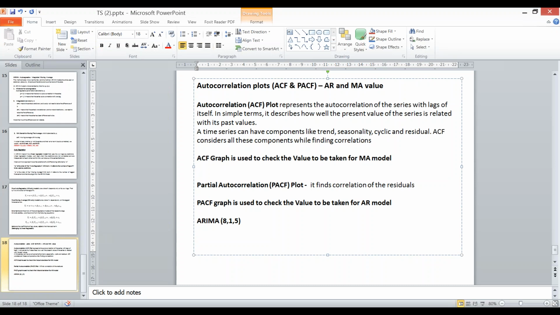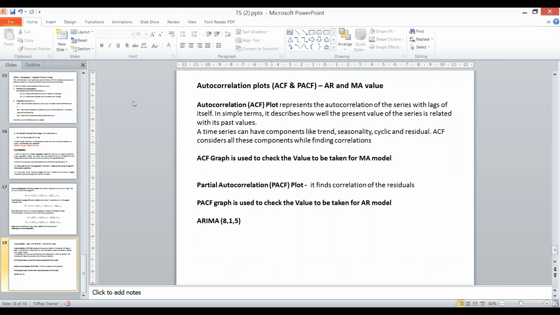Is there any confusion in the theory part before we proceed to the Python code? Is everything clear? Okay, then moving on to the code part.